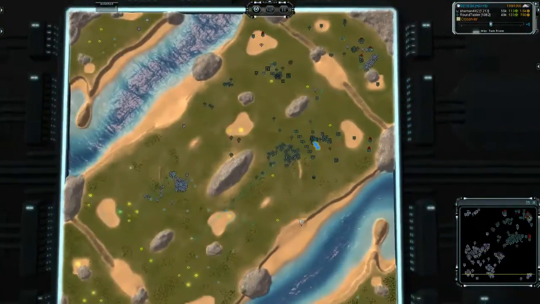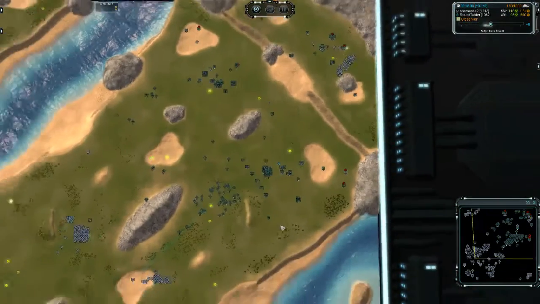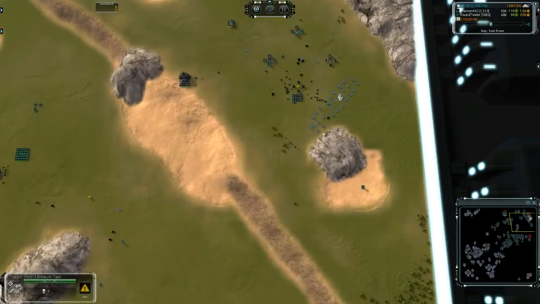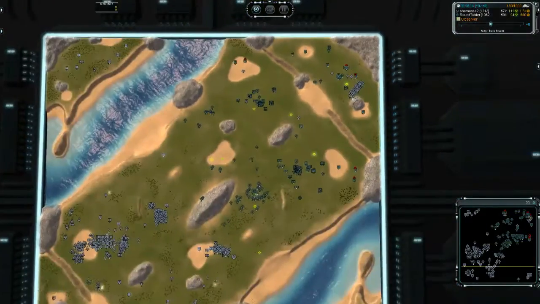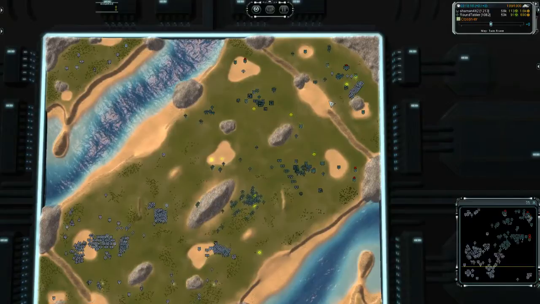And this push is not a good idea. He really needs to clean up the back first. It's not like these units are going to disappear. He really needs to clean that up to be able to re-establish and regain the